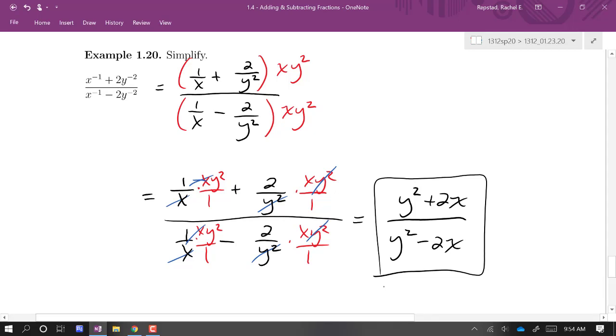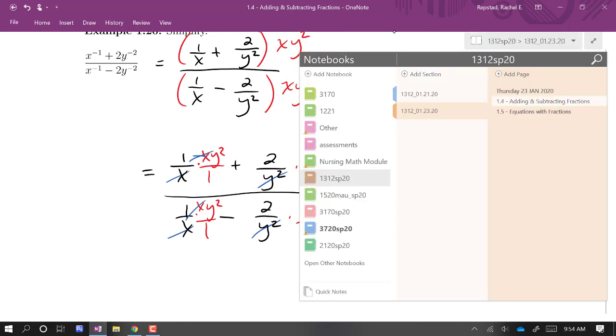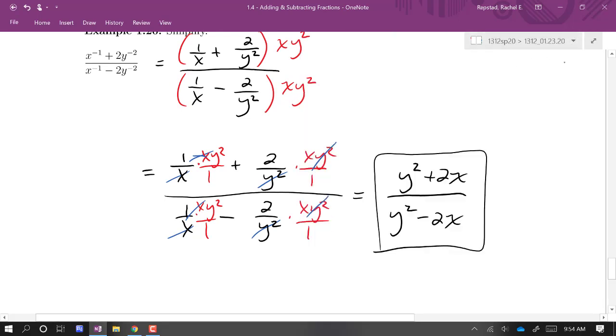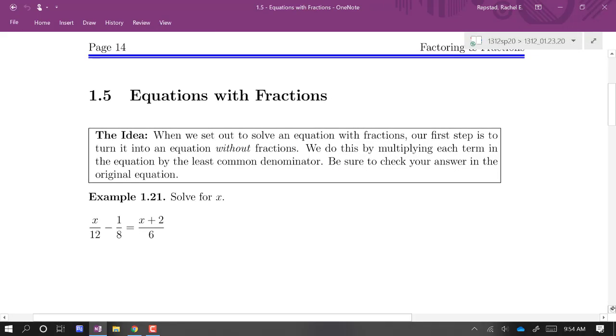Okay. Want to solve some equations? Overwhelming support there. So,